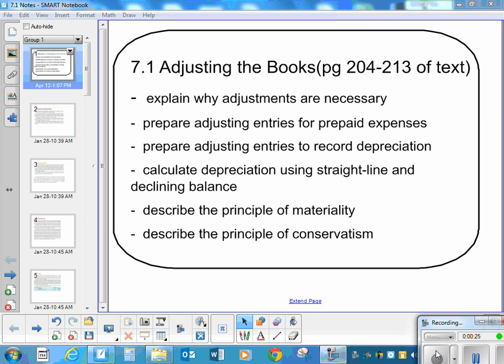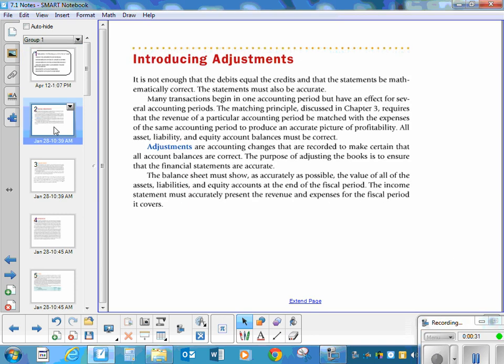We're going to talk about the principle of materiality and the principle of conservatism. I'm going to try to shorten this up a little bit because it's quite long. We're going to talk about adjustments, and